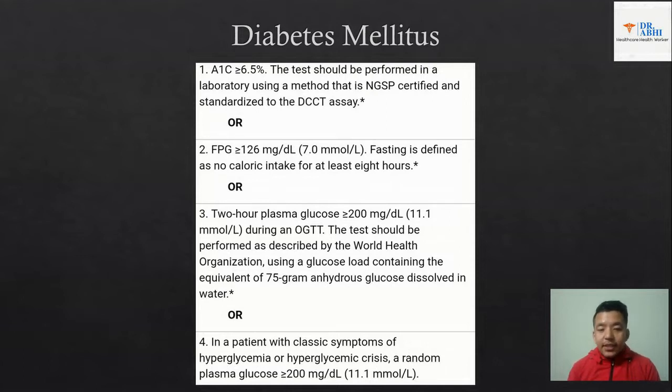The other criterion is, in a patient with classic symptoms of hyperglycemia or hyperglycemic crisis, a random plasma glucose of more than 200 mg per dl. So these are our criteria to label it as diabetes mellitus. Moving forward,